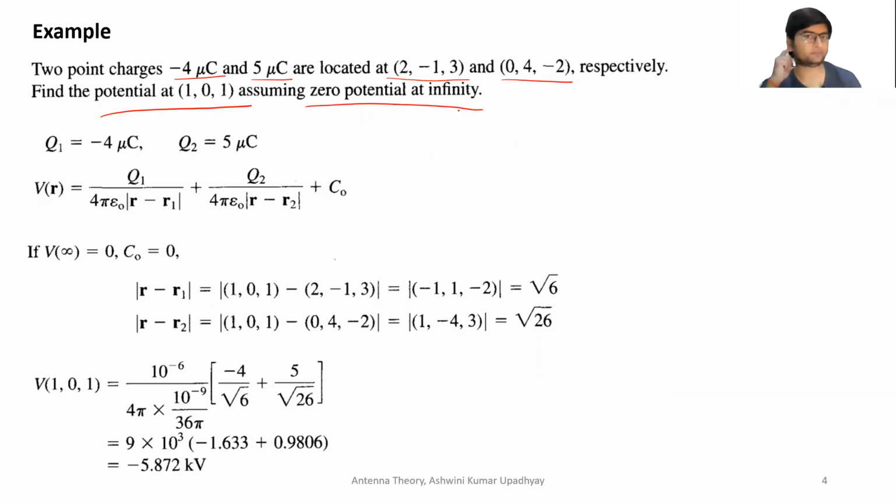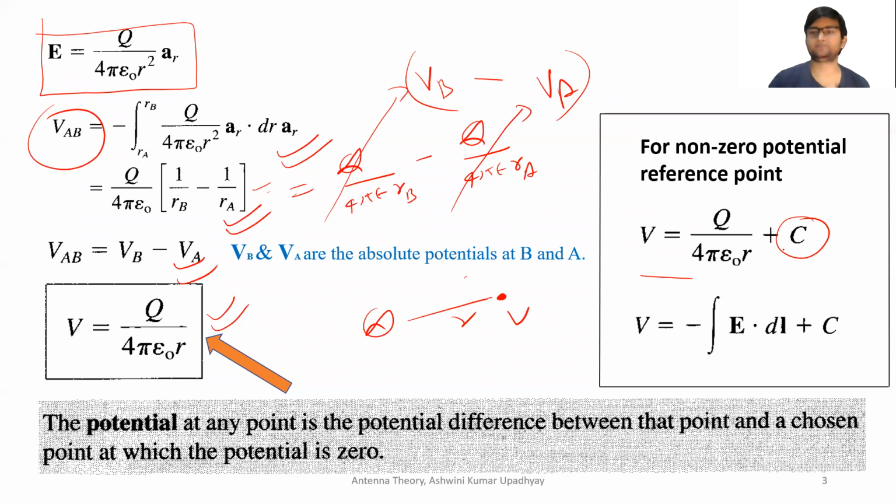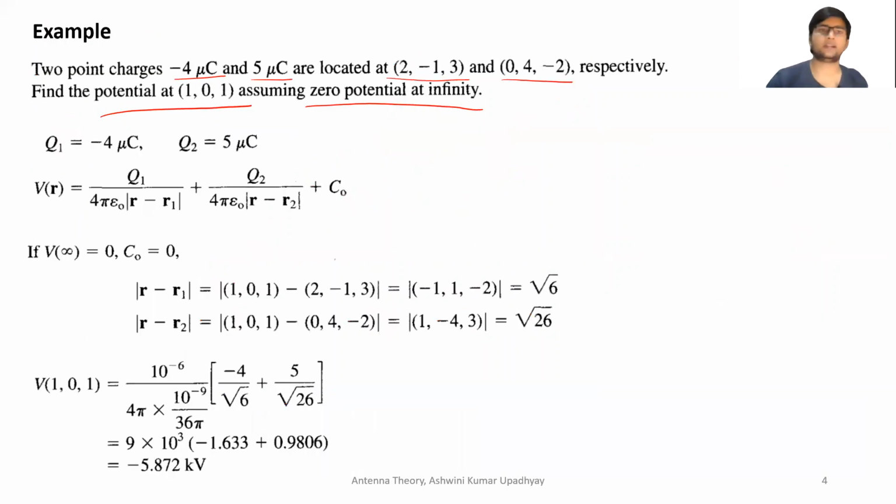potential at infinity, right? So in this formula, you will not have to add this constant because you have already assumed that the reference point is zero potential, right? So you write all the quantities q1, q2, and this is your formula. And you know that